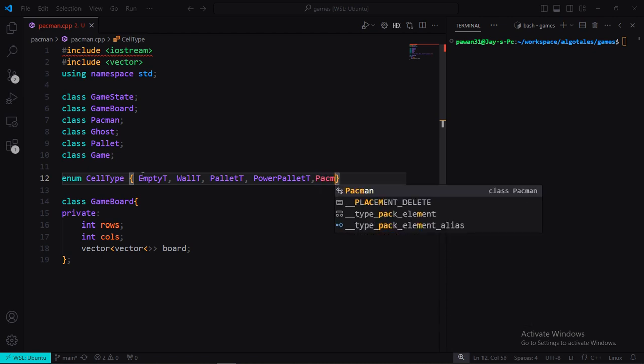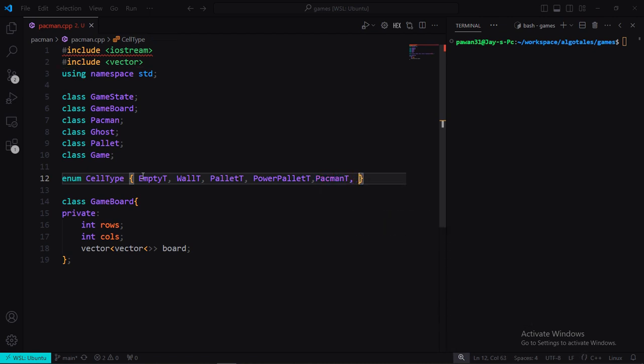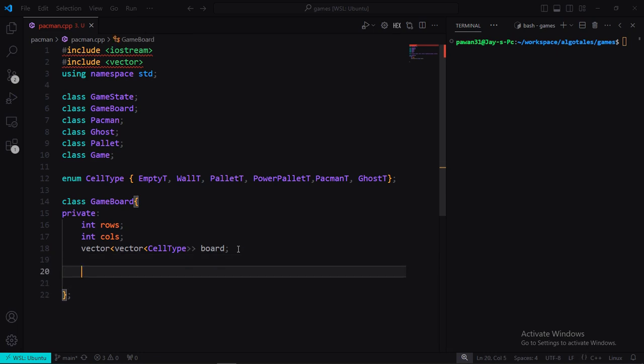So naturally, we would also have Pac-Man type and ghost type. So we have our enum defined here. Let's use it with forward declaration. And now let's go and write our private methods. So one of the important things we want to do is get a character by the cell type. So let's write get character by cell type,